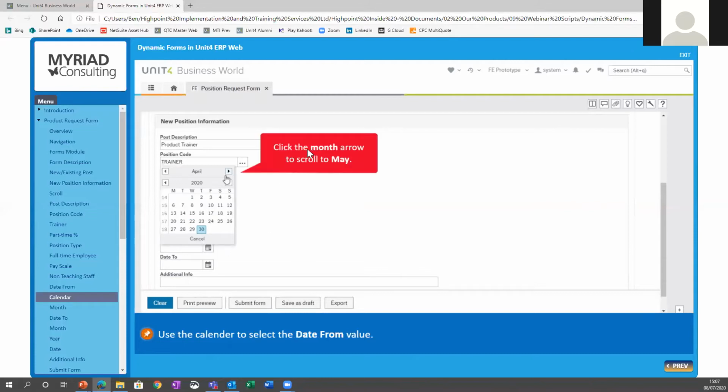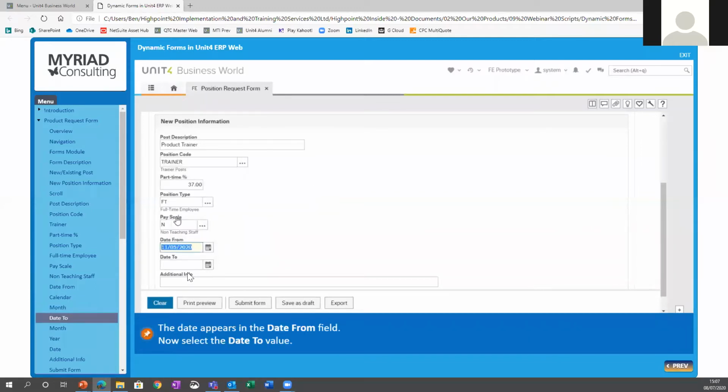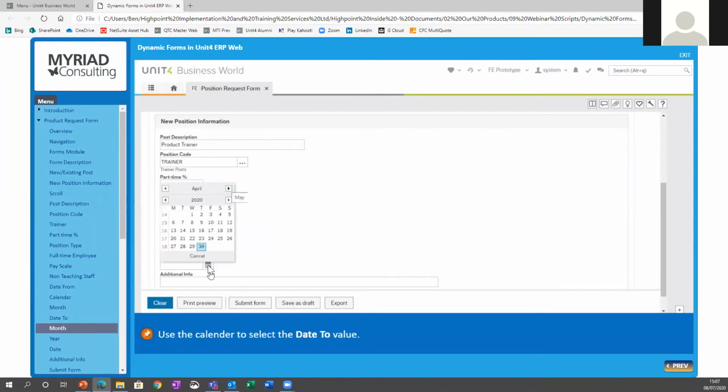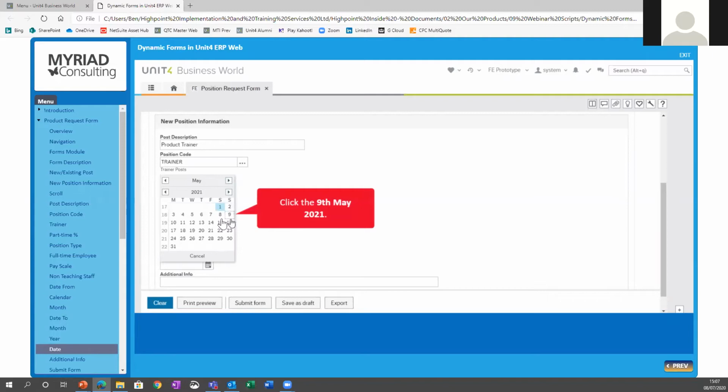And I want to scroll here to look into the next month, and it's going to start on the 11th of May. It's quite good having this assistant to help me do this. So that's filled in the 11th of May. Clearly there'll be a date 2, and it's going to go through. This is like an annual one, so it's an annual contract perhaps. So in here it's going through to the 9th of May